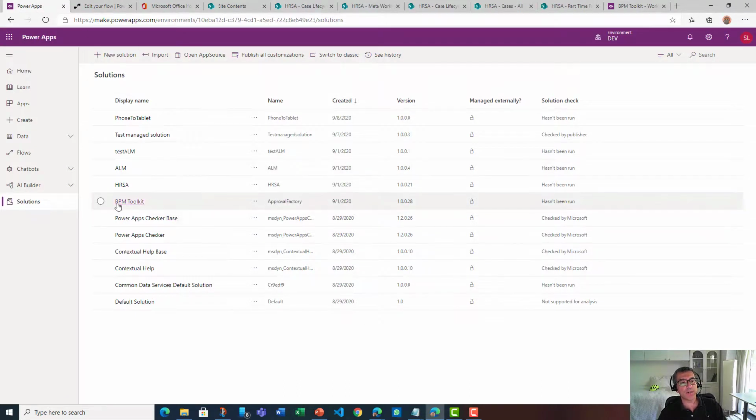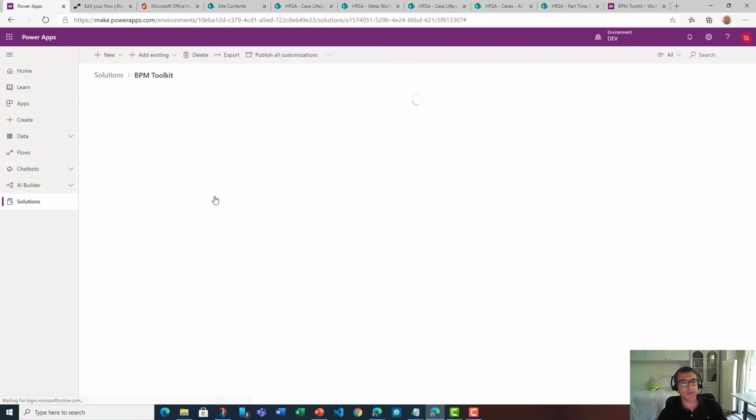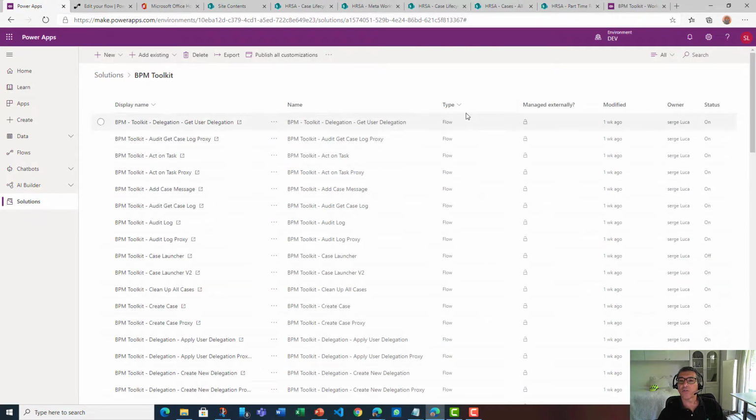Yes. So I have one solution here, which is the BPM Toolkit. Of course, if you use that in another project, you need to create a solution for the other project, right? So next to the BPM Toolkit. But this is what will be shared on GitHub. So if you click on this, you will see that I have a bunch of flows